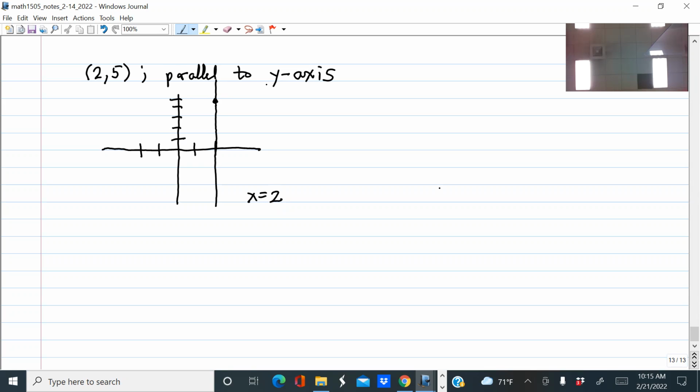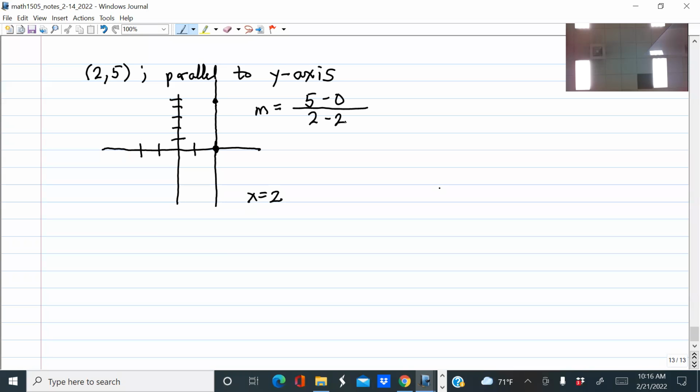The reason that vertical lines don't have a slope is, think about it. If you pick another point off of this vertical line, let's say the x-intercept here, which is obviously at 2 on the x-axis, and you tried to calculate the slope between those 2 points, you would end up with a meaningless computation. You would take the difference in the y-coordinates, which are 5 and 0, so 5 minus 0. But then you would divide by the difference in the x-coordinates, which is going to be 2 minus 2,